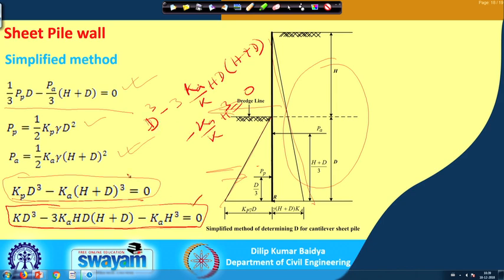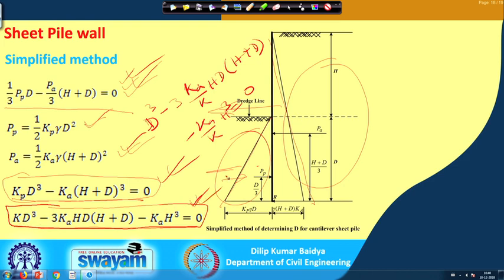So, what I have done: this is the sheet pile wall, and I assume the entire wall is moving this side. So, entire this side is active, and since the wall is moving this side, entire this side is passive. So, this passive force and this active force must be equal, that is the thing I have written here. Then express P p and P a, substitute this equation and simplify, you will get this, and further expanding and expressing in terms of d cube, you can get this equation.